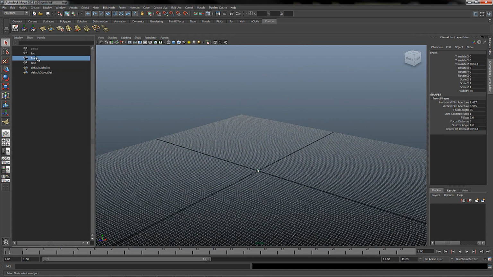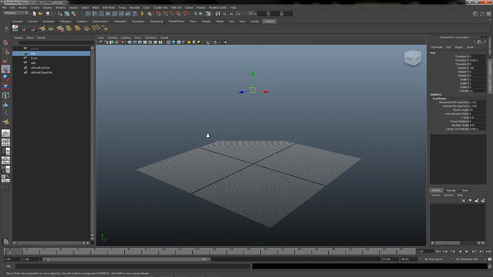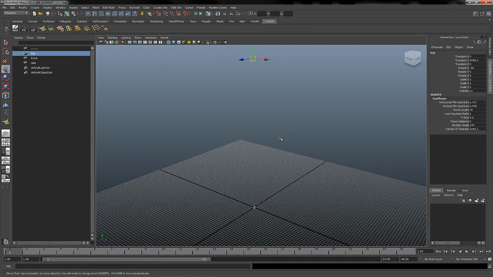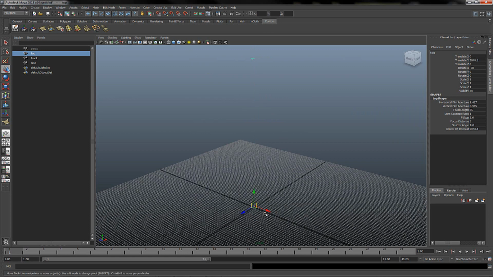So in our case right now it will be the top one, so I will select the top one cam, press the D key to go into pivot mode,